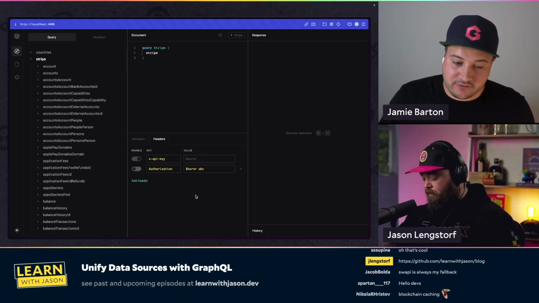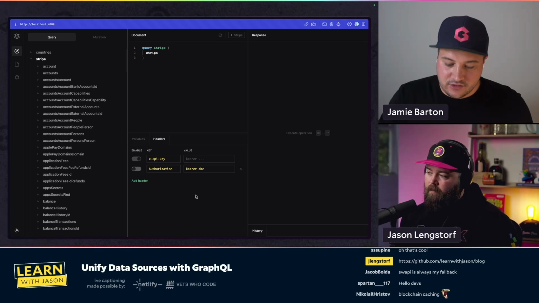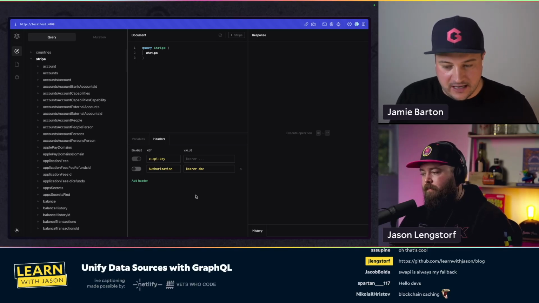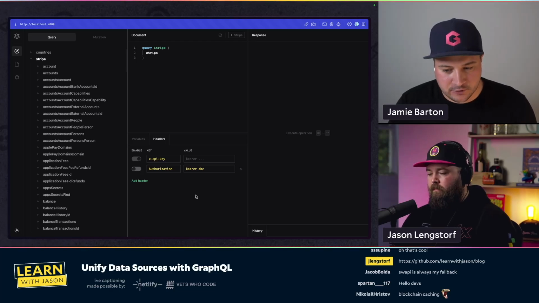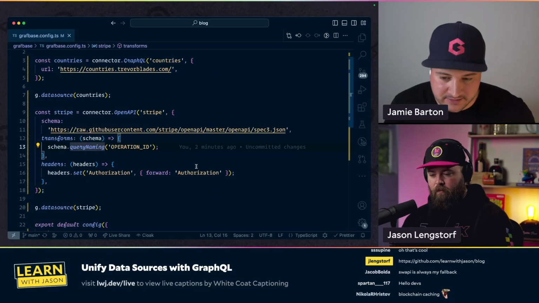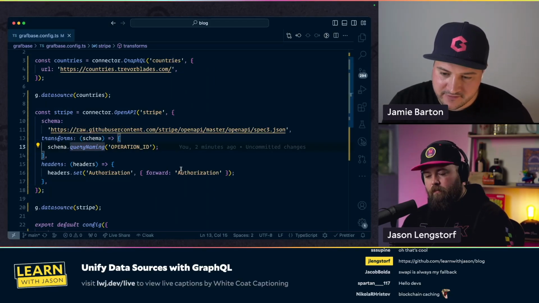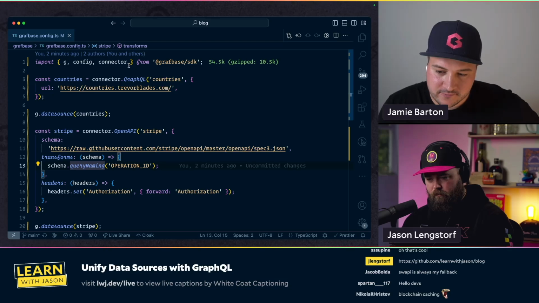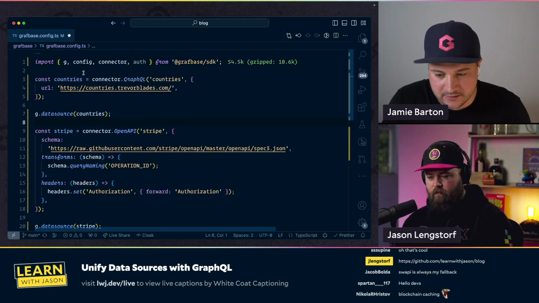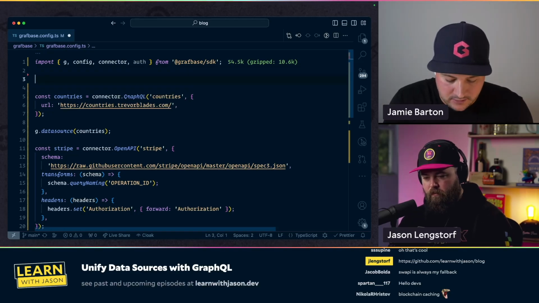You could configure your auth provider with Grafbase, and from there, I'll show you very quickly what it looks like in the code, if that's okay. Sure, it might help explain it a little bit better. If you go to the very top and we just import auth,